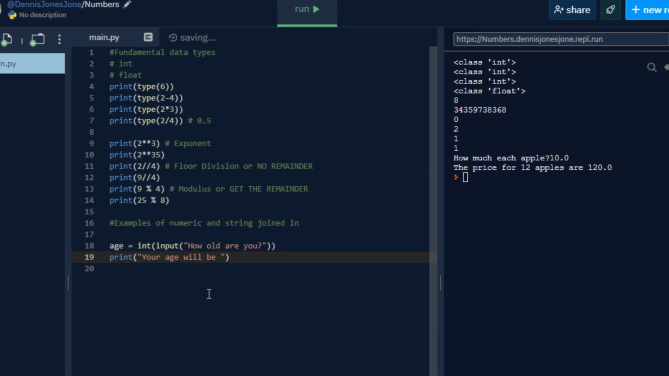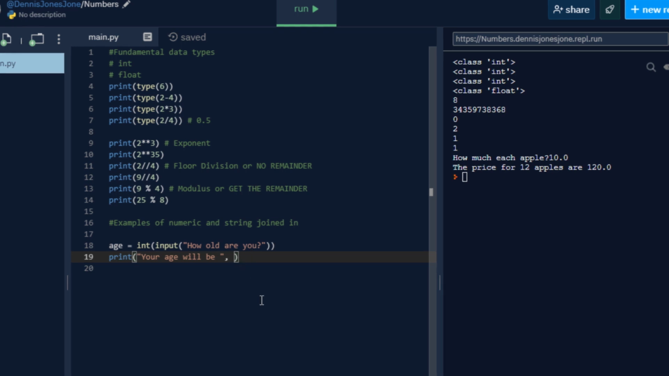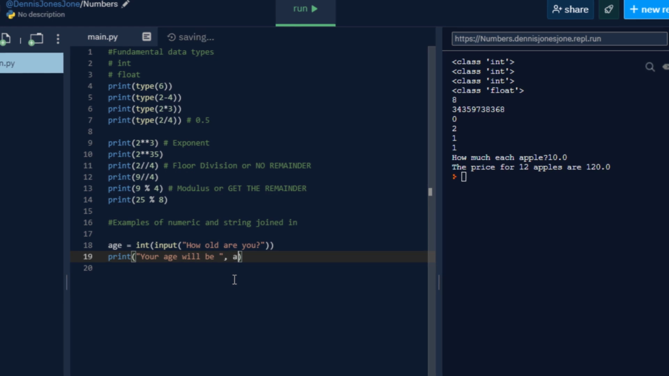In Python you cannot put together a number and a string. It will be a mess, it will have a problem, so you have to convert. So separate by comma, and that is a string. Then for the numeric, so the age,